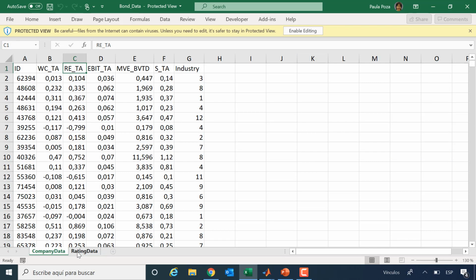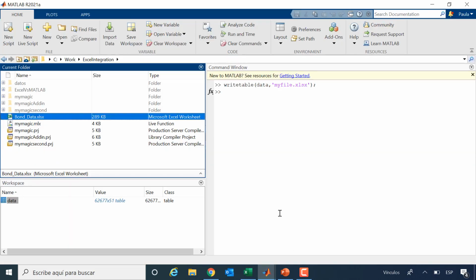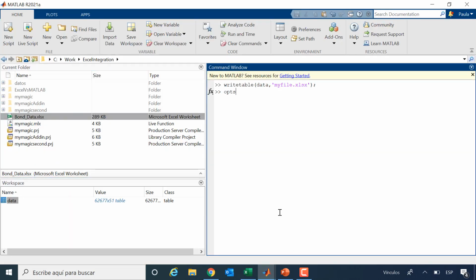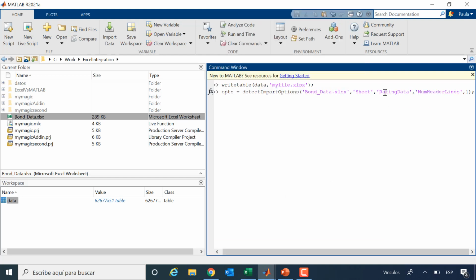So what I'm going to specify is I want to read this sheet, rating data, and clarify that the first row is a header line. So how do I say that? I come here and say detectImportOptions, the sheet rating data, number of header lines 1. So I'll just run this.